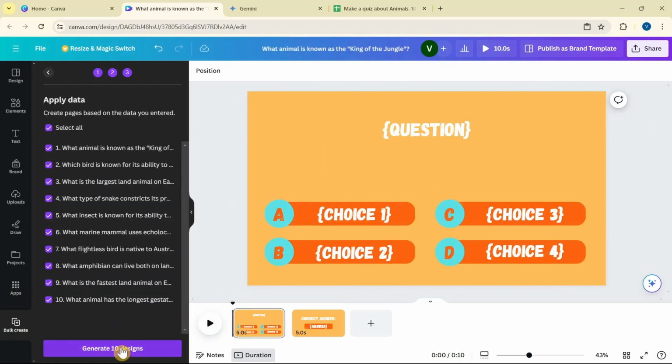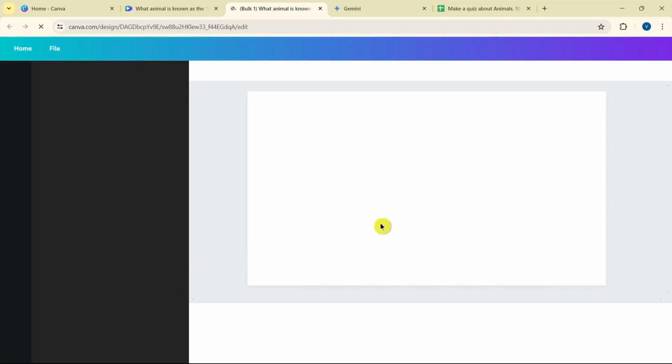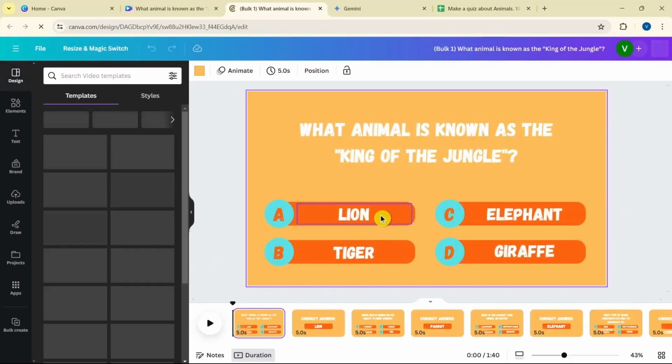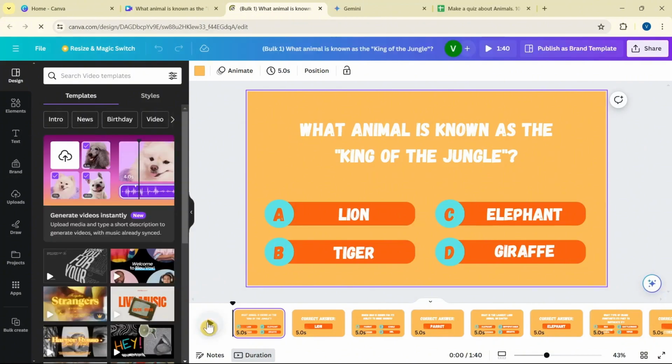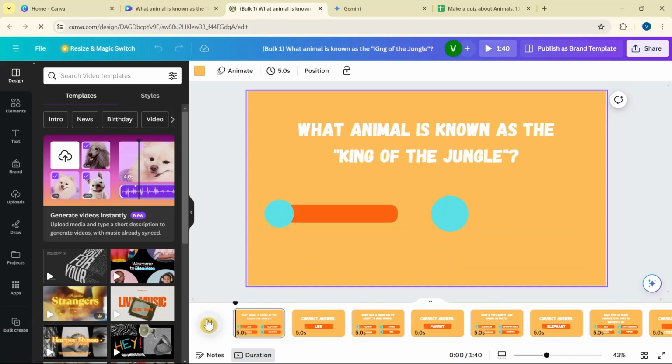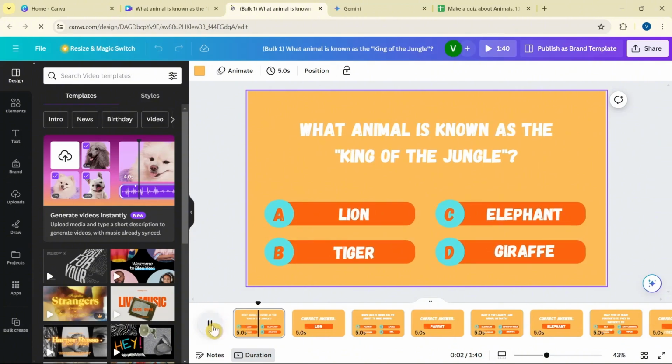Now once done here, click on the continue button and click generate 10 designs. All right. So just wait for a few seconds here. And as you can see, it will open a new page where you can find all of the questions here. So you just need to click on the play button here to preview all of the changes that you have made. So that's all. That's how you basically create these bulk quiz